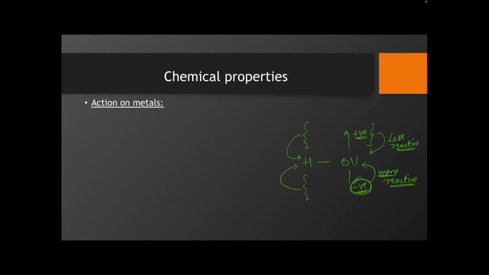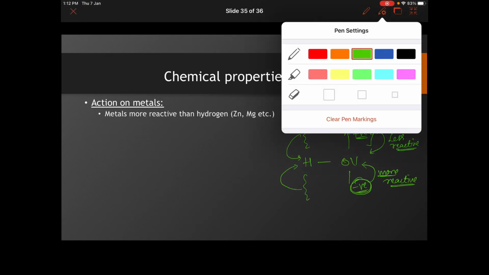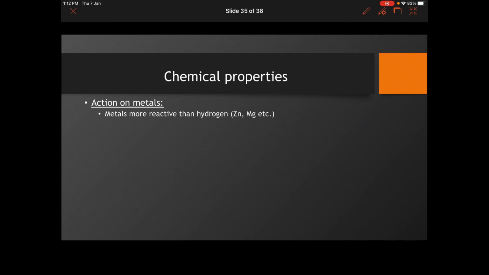And the specialty of HNO3 is that it reacts with both types of metals because it is an oxidizing acid. So what I will do is I'll first of all bring about the metals which are more reactive than hydrogen, that is zinc, magnesium, etc. No need to remember the metals, but what I'm trying to tell you is that in your NCERT book they have given the reactions directly. We will not do that way. I have figured out a better way to help you understand the reactions of chemistry, right?